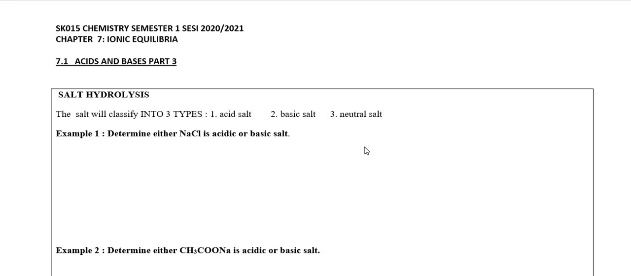Look at example 1. Determine either NaCl is acidic or basic salt. If the question asks you to determine the acidity of the salt, or the question asks you about the pH of the salt, that means we just refer to the subtopic salt hydrolysis. Okay. First step, you only refer